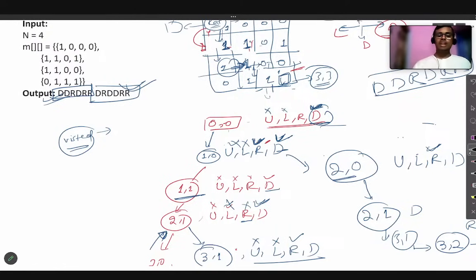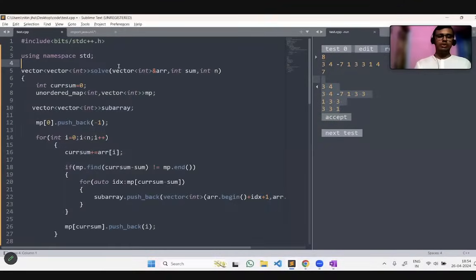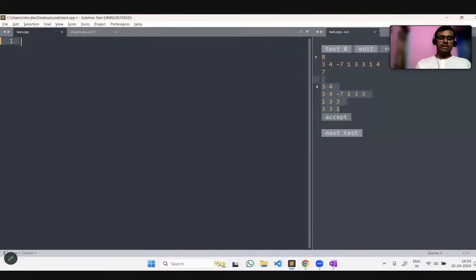So this is the recursion tree diagram in which we have added the backtracking approach also. Okay. So this thing we are going to cover up here, and we are just going to try to code it up quickly. So let me go to the compiler first. This is the compiler. Okay.